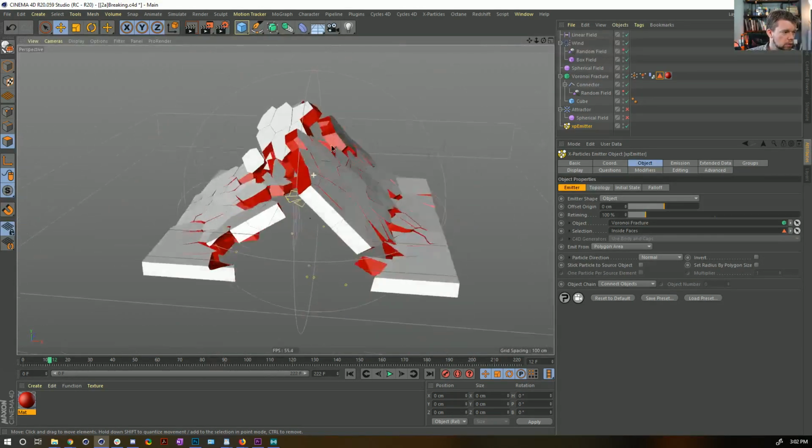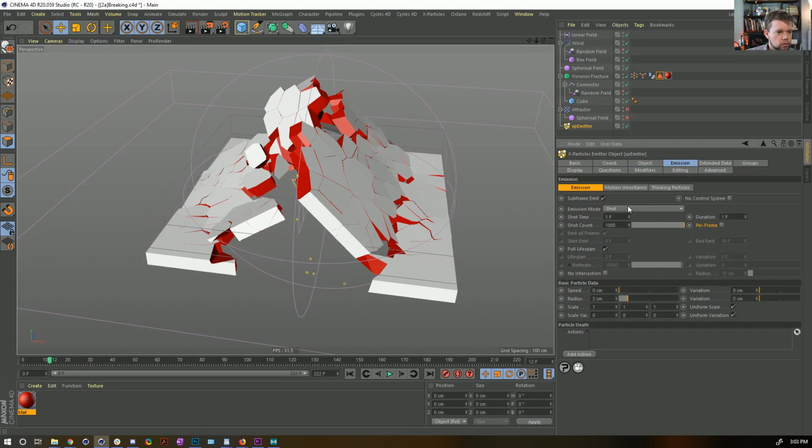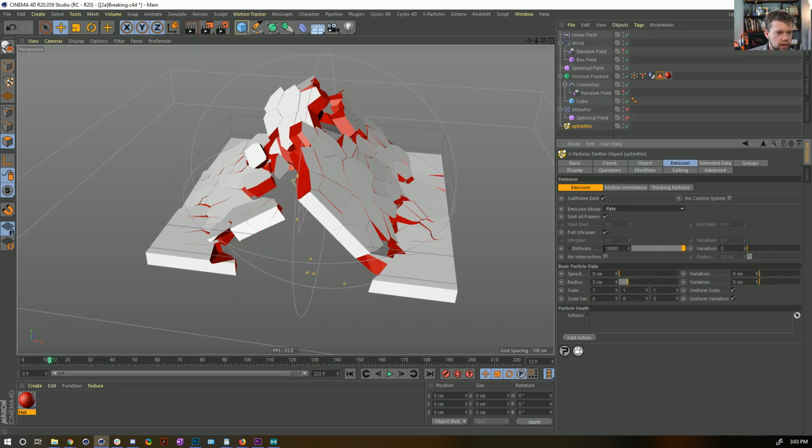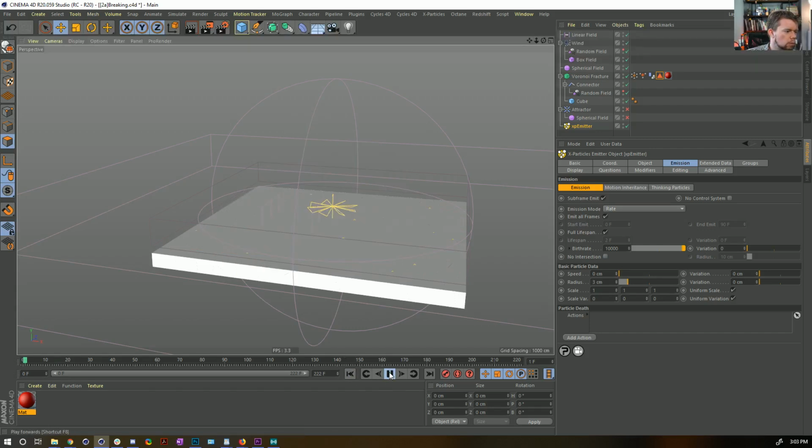The simple method, and the simple method is not necessarily that simple, is we could just emit a whole bunch of particles. We can emit a whole bunch of particles during the early part, but that doesn't make it so that every time there's a break, a couple extra particles fly out, which is what I'd really like. But if you were doing a big initial explosion where these are breaking in the very beginning, we could just make it so that